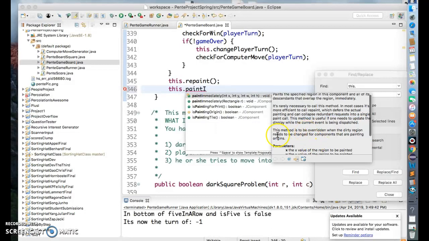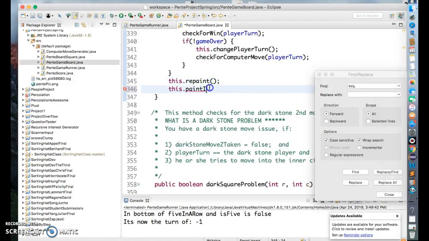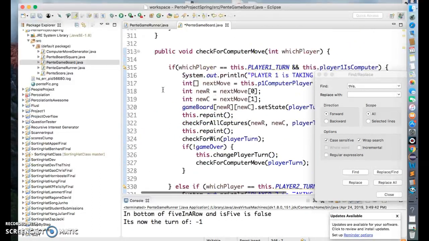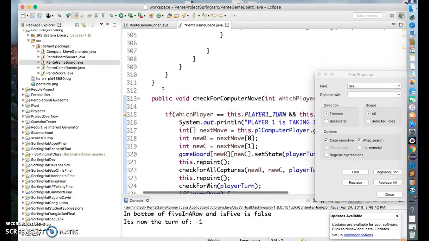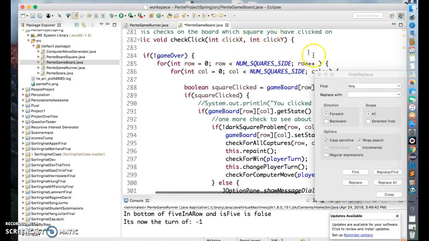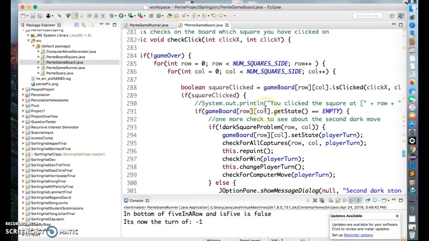So basically, what we have to send it is the region to be painted, starting from the bounding box coordinate, and if you just give it the width and the height, it'll work. Okay, so we want to paint immediately. The question is kind of where. I think you want to do this in click check. Maybe we'll try a couple of versions of this and see if this is going to